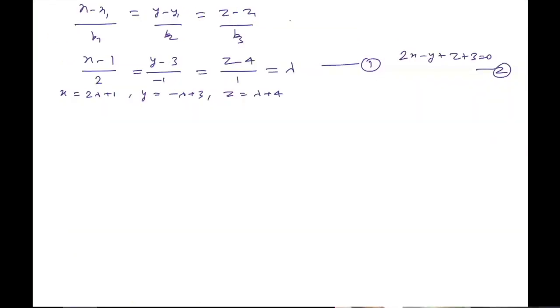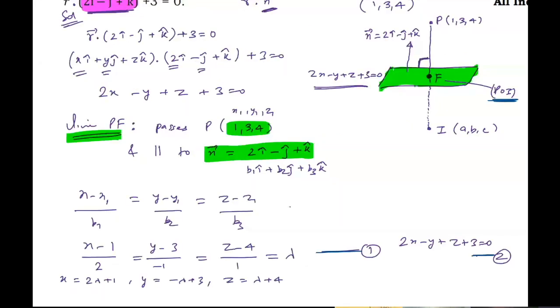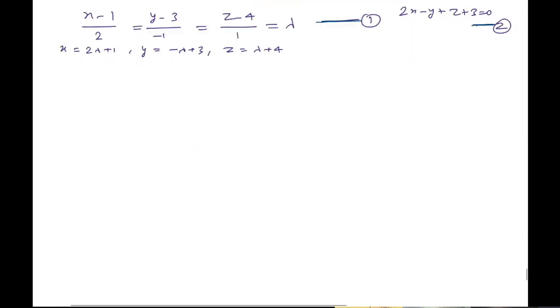Beta, what to do now? This is the equation of the line and this is the equation of the plane. In the figure, you can all see F is nothing but the point of intersection of the line and plane. So we are going to just solve them simultaneously. How to solve them simultaneously? We got the values of x, y, and z in terms of lambda. Now we are putting these in